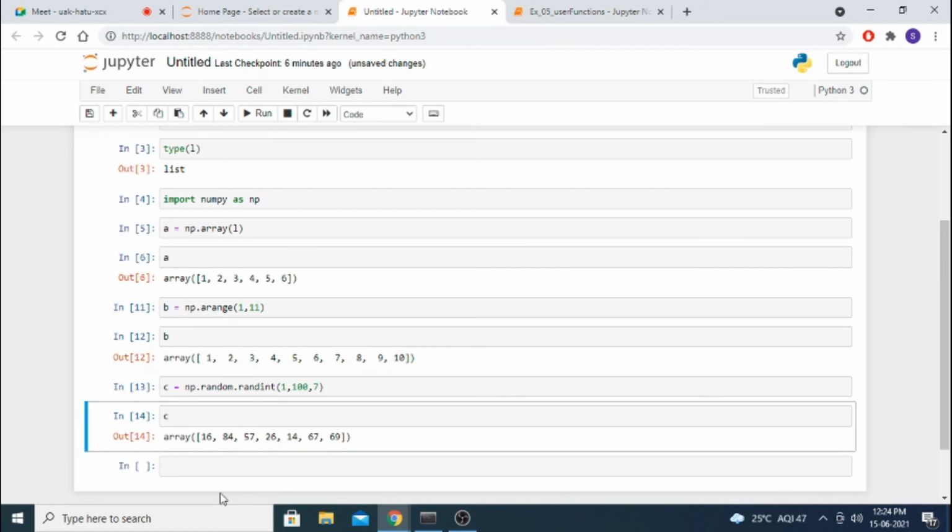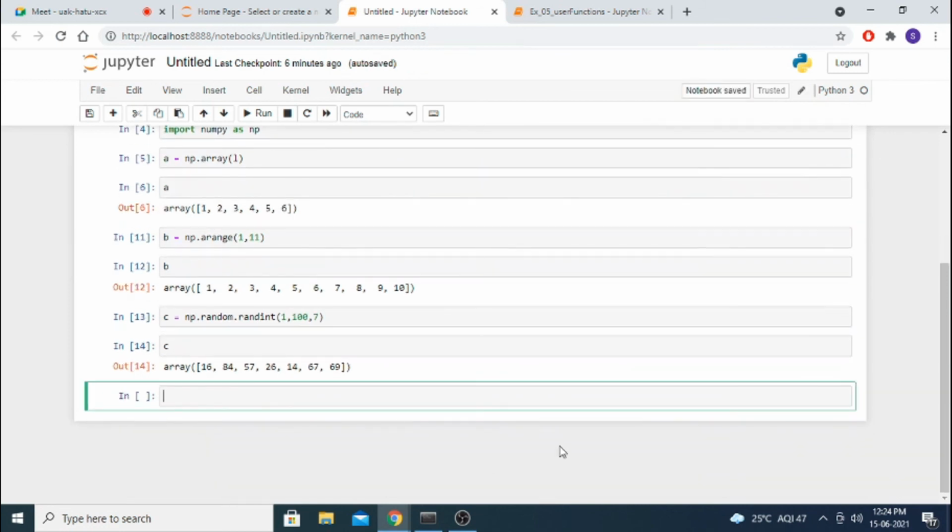Sometimes for scientific calculations and other things, we will not use the randint function. There is no randint, some dots we want. I am creating an array D, np dot random dot rand.